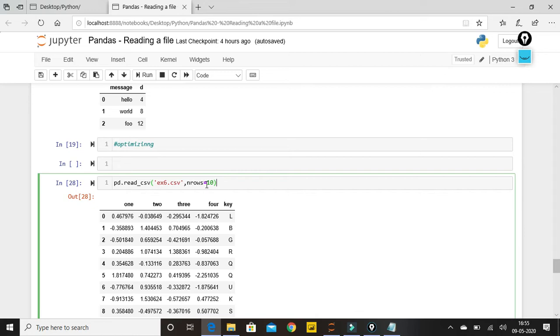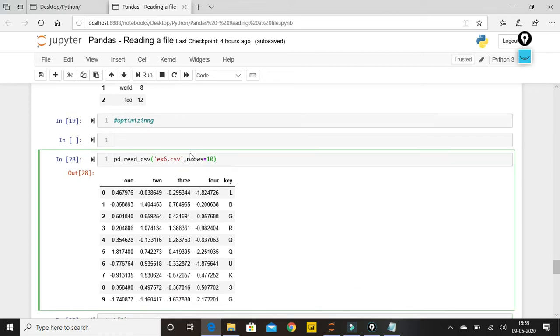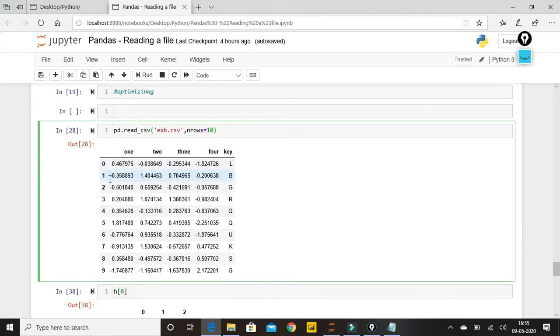So it's always preferable to use end rows when there are many data sets or many records contained in your source file. So over here I mentioned end rows equal to 10, and you'll be able to find there are 10 records present in this data frame, which I'm able to get easily. If we need the same, then we can use head function, but it will scan all your records and then fetch 10 out of that.